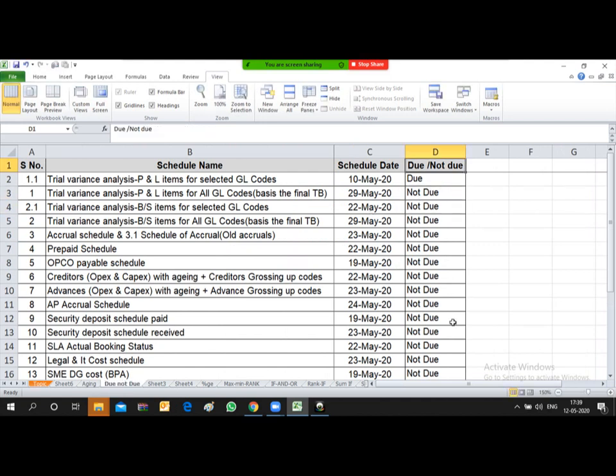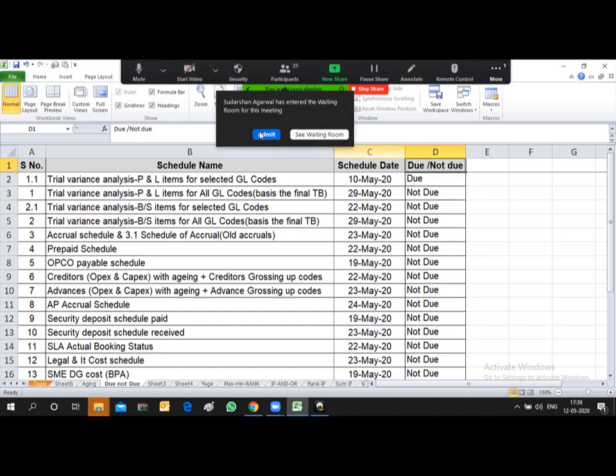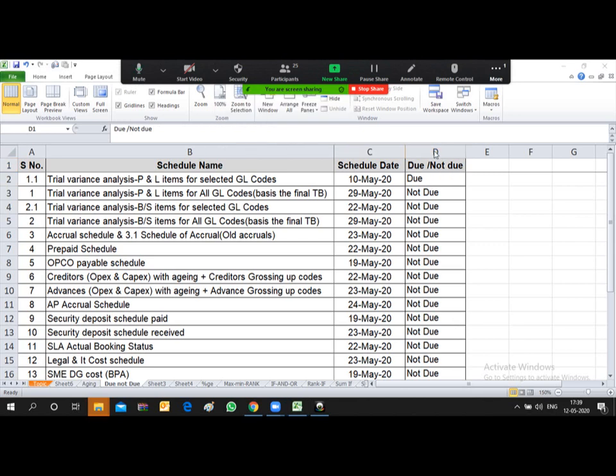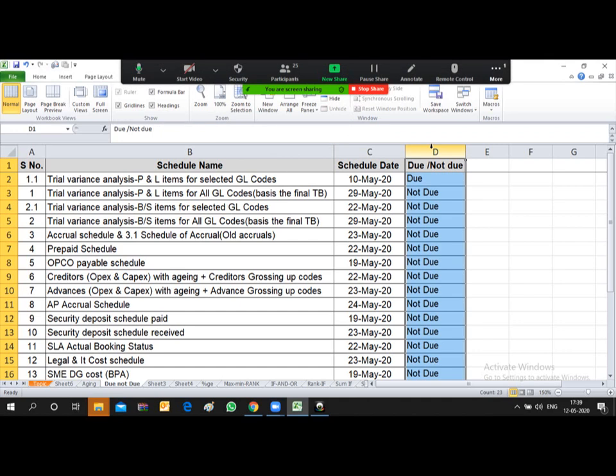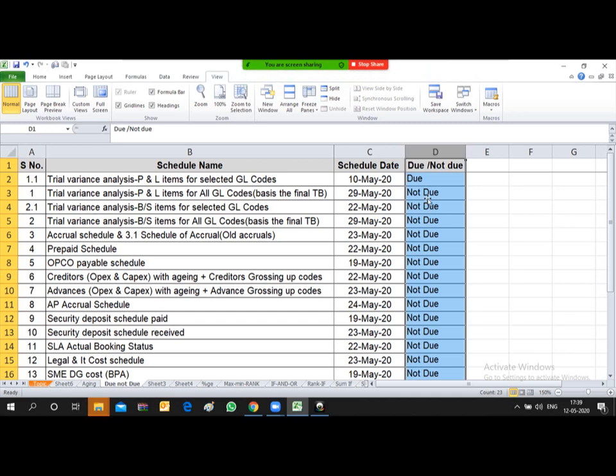This is the table where we have just applied one formula of due date, whether it is due or not. I want that this formula column, that is column D, should not be impacted. So how can I do that?